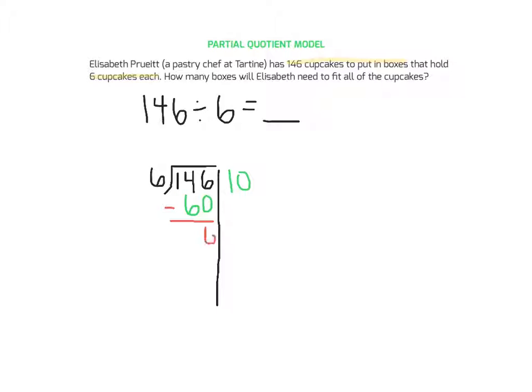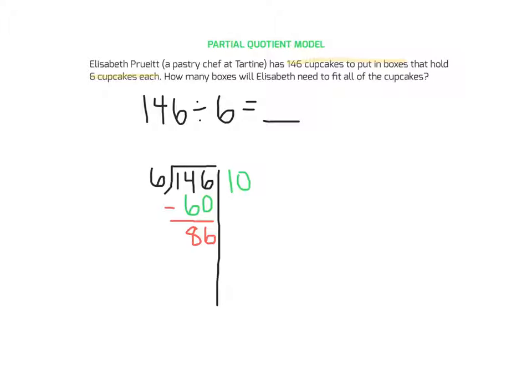So we have 6, 14 minus 6 is 8. So we have 86 more cupcakes to pass out in each box. So I know that 6 goes in, there are more 6s that can fit into 86. I'm going to use that landmark number again, 10, because I know that 6 times 10 is 60, and that's